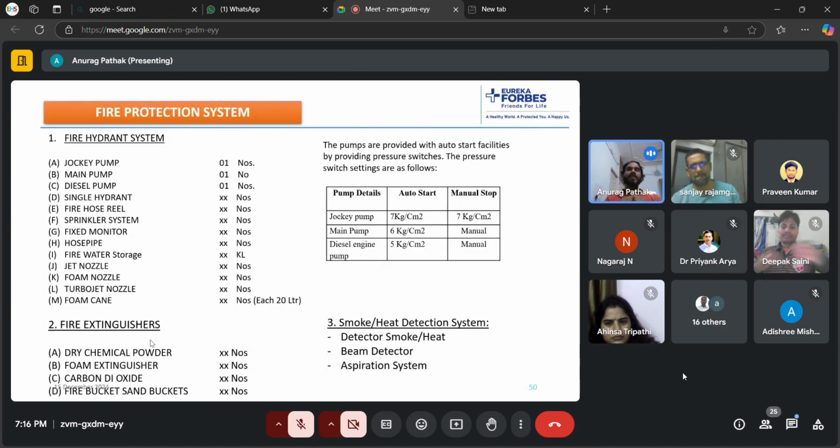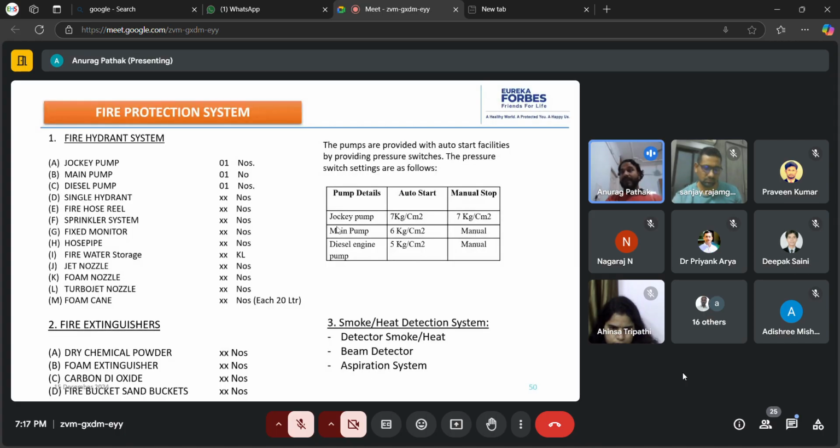We as an industry totally depend upon the fire hydrant system, which is the first one. इसीलिए उसको सबसे फर्स्ट प्रायोरिटी पे रखा है हम लोगों ने ऊपर इस प्रेजेंटेशन में. ठीक है, फायर हाइड्रेंट सिस्टम, I can say, that is totally dependent upon the water. ठीक है, हर सब चीजों को हम पानी से बुझा सकते हैं. और फायर हाइड्रेंट सिस्टम में 3 पंप जरूरी होते हैं, जॉकी, मेन और डीजल इंजन पंप. जॉकी और मेन पंप has been driven by, I can say, with the help of electrical only, and diesel pump, its self denotes that diesel word is here, so with the help of diesel. ओके,